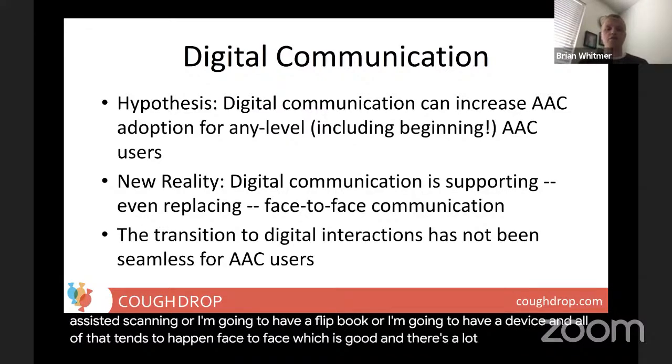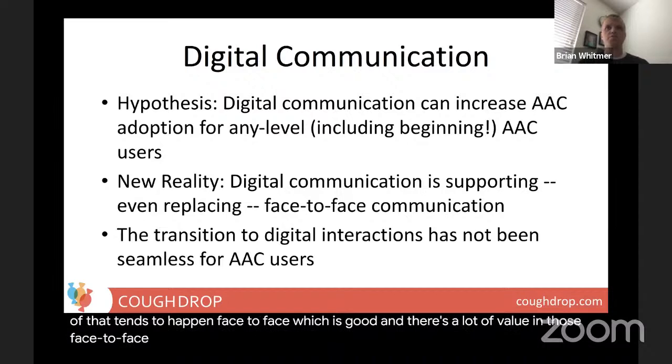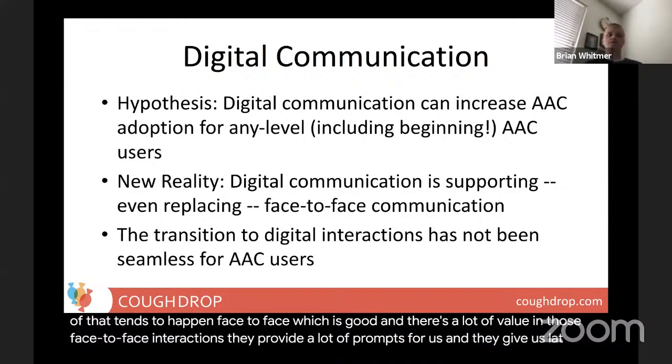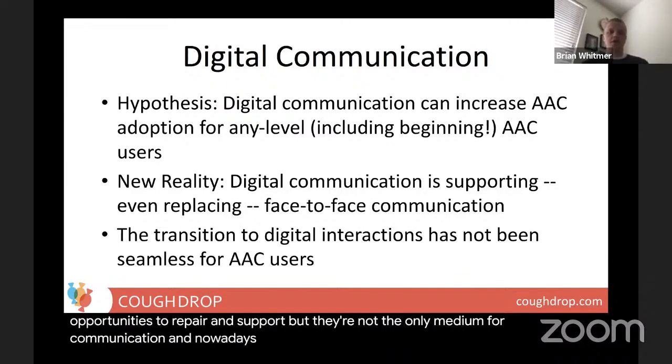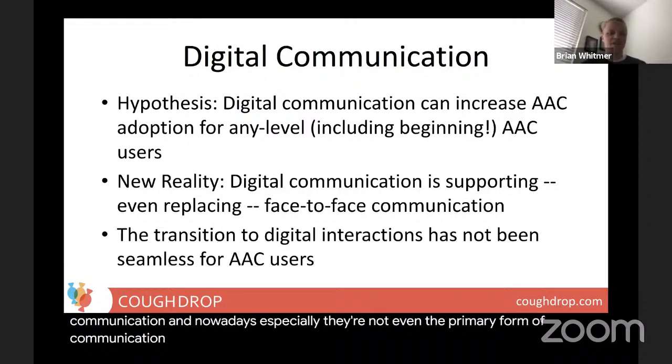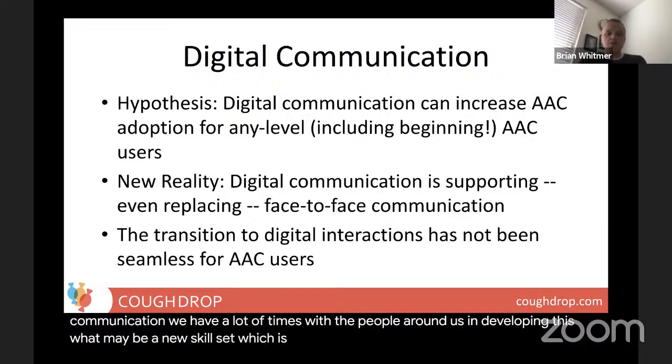And there's a lot of value in those face-to-face interactions. They provide a lot of prompts for us, and they give us lots of opportunities to repair and support. But they're not the only medium for communication. And nowadays, especially, they're not even the primary form of communication we have a lot of times with the people around us. So we want to make sure that we can support communicators in developing this, what may be a new skill set, which is digital communication for an